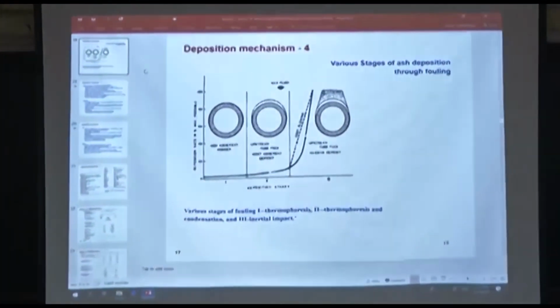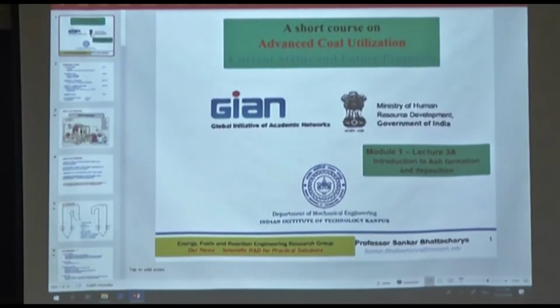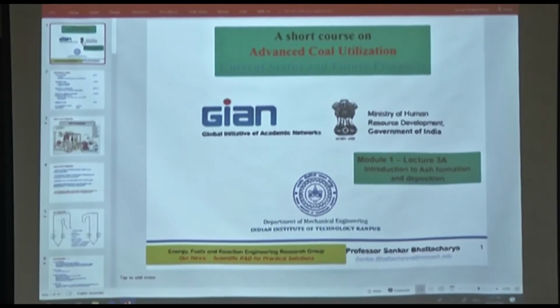Okay, so where we stopped yesterday was... We were discussing the ash formation mechanism, ash deposition, and within ash deposition, mainly fouling and slagging, how these are defined, where they take place, and what the different potential ways of controlling them are. So we stopped at that point, and this is the slide where